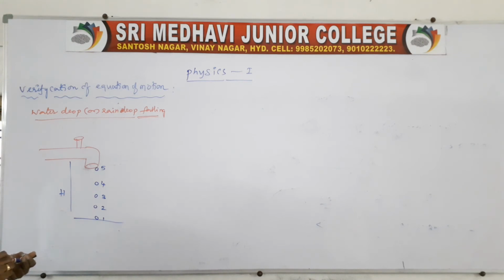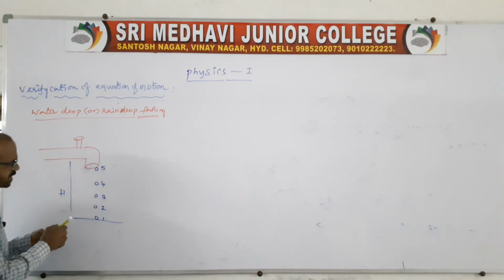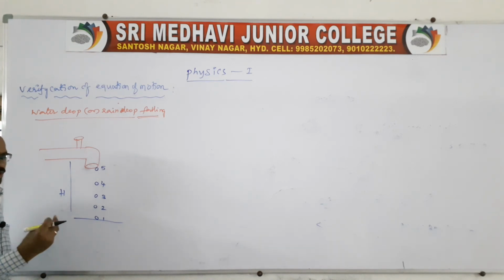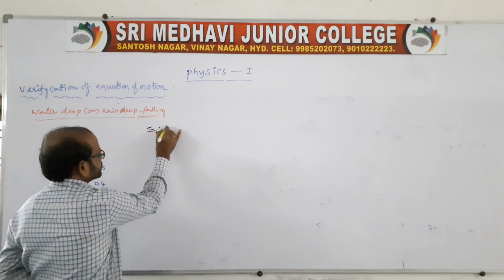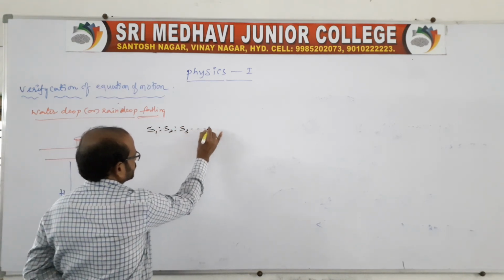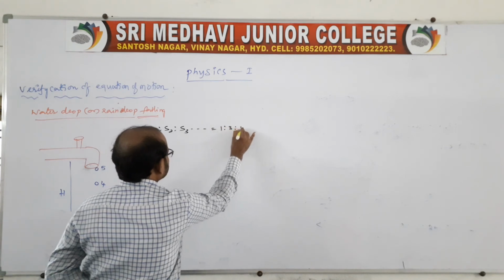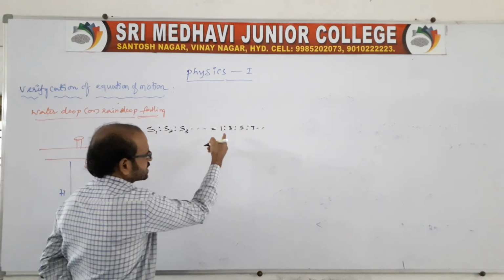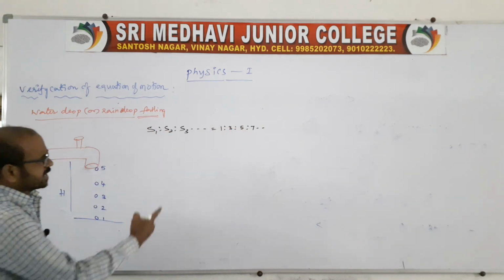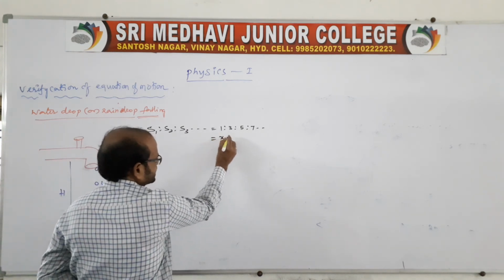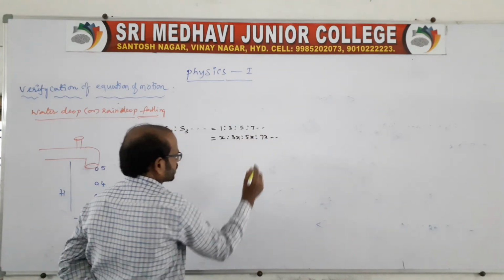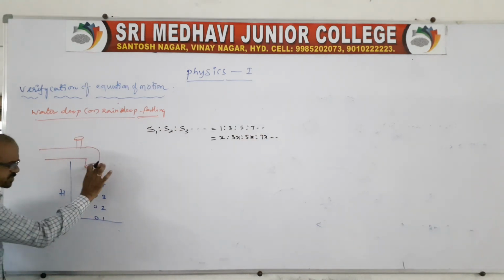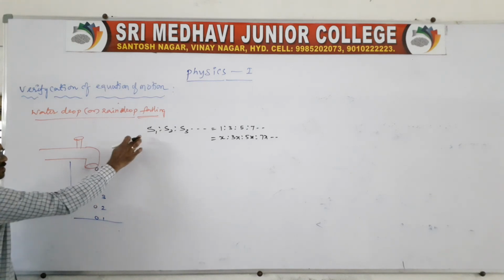Coming to the point, we don't know the distance between the drops, but we know that for a body falling freely in regular intervals of time, there is a ratio: S1 is to S2 is to S3, and so on, is equal to 1 is to 3 is to 5 is to 7, and so on. So just now it is proved, right? Instead of the first you say x, then 3x, 5x, 7x, and so on, because we don't know. It is the same formula.